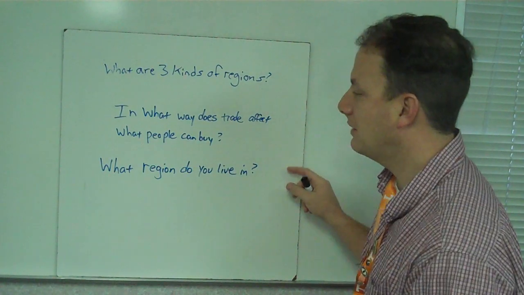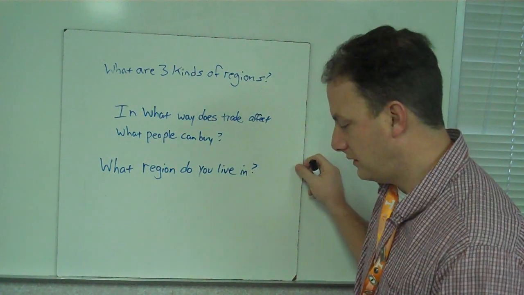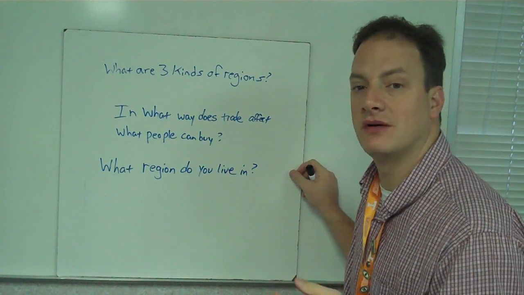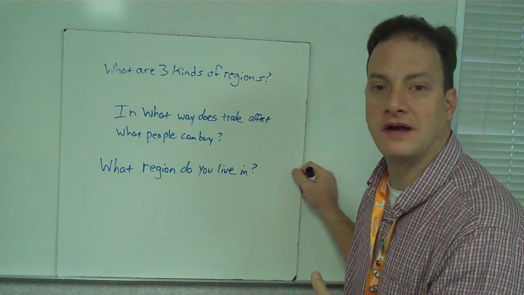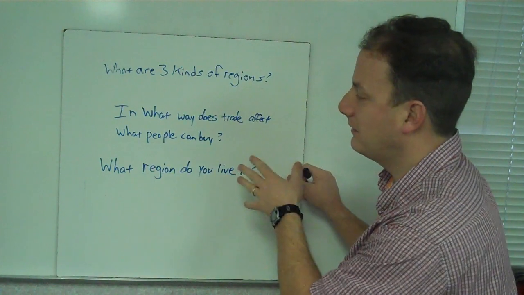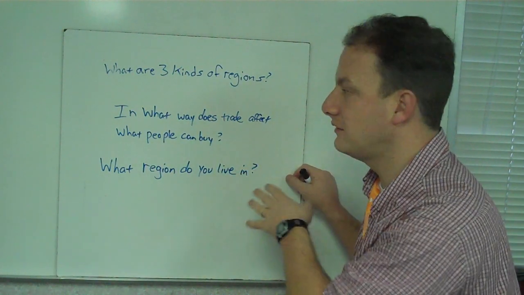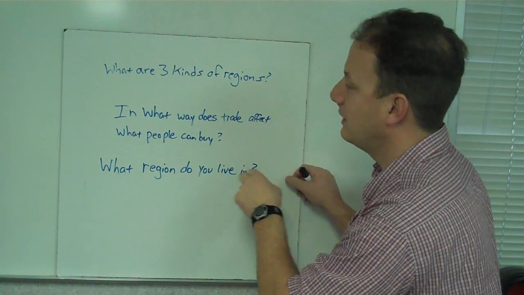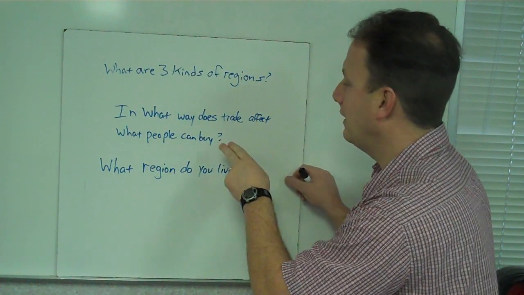Okay, so what I would like for you to do is go back and watch this lesson again if you're really unsure what I was talking about, or it's also found in your book. I would like for you to take a few minutes and try to answer these questions on your own and see what you come up with. What are three kinds of regions? And in what way does trade affect what